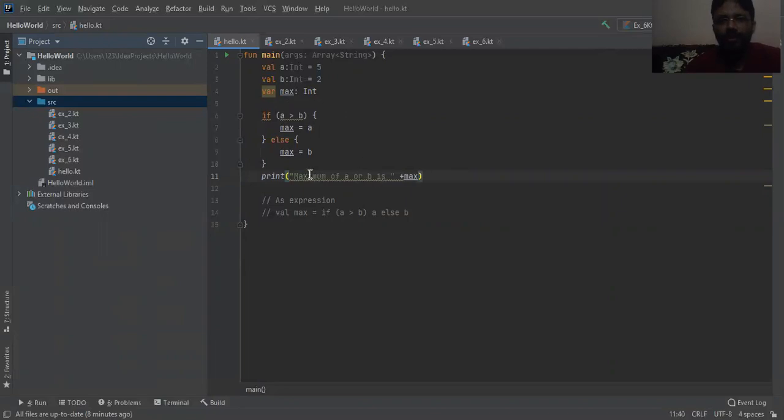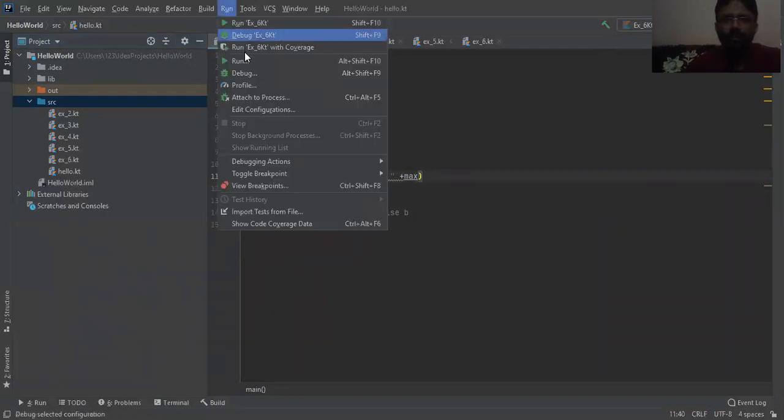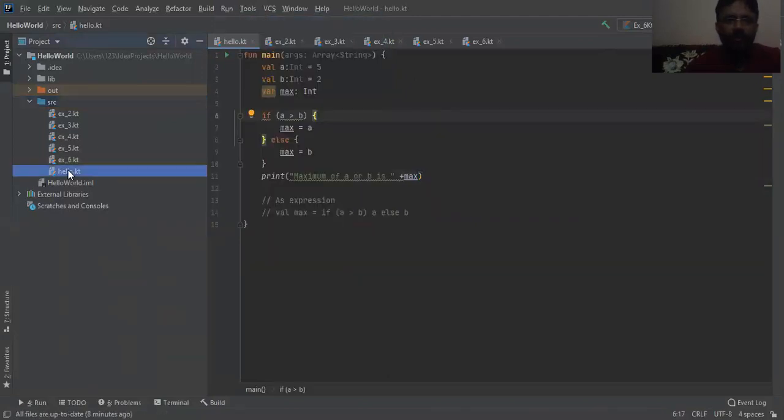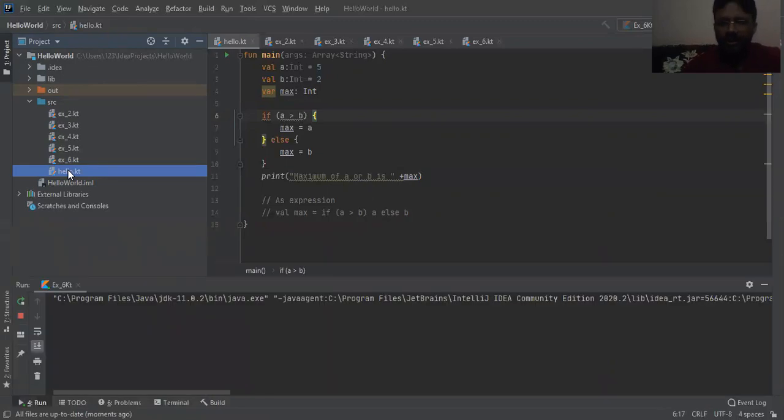So you simply run this. For that you have to press the shortcut key Shift F10. You may go through here also. Simply click this and press Shift F10. Let us see, it is building, and finally you will see the outcome.